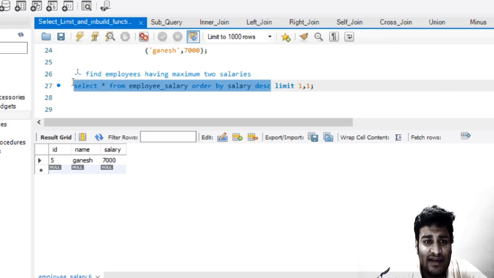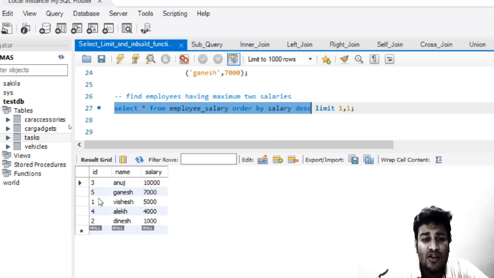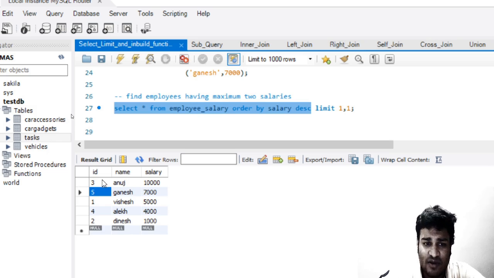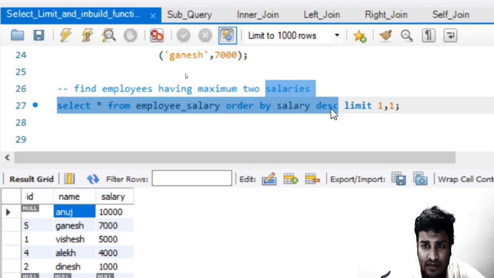To understand it, let us execute this statement just till DESC, and let me run it. The offset means from where we need to start.